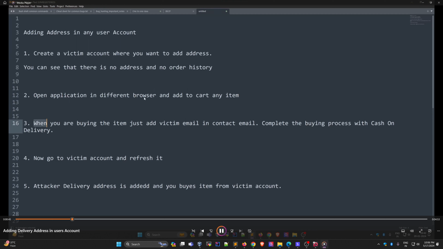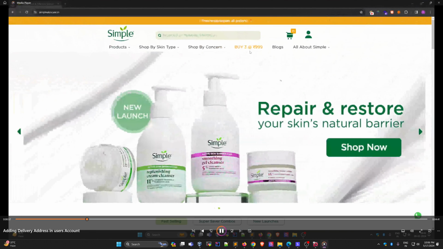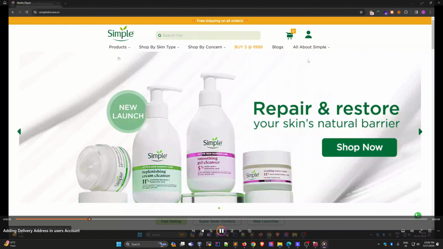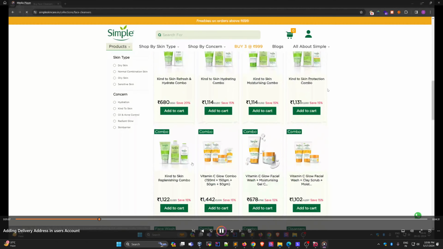See, open the application in a different browser, and add to cart any item you want to buy. Just add the victim email in contact and complete the process. See, this is the victim, so I have the victim email. This is a different browser, and I want to buy something from the victim's cart. So what you can do, just start the process,